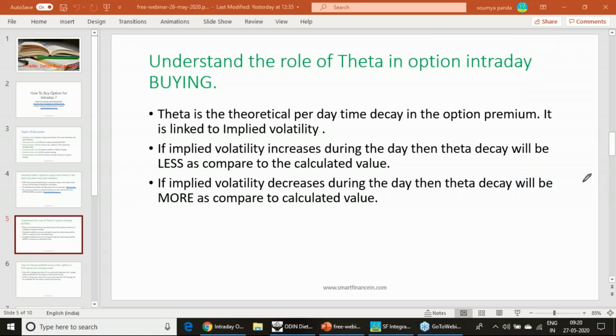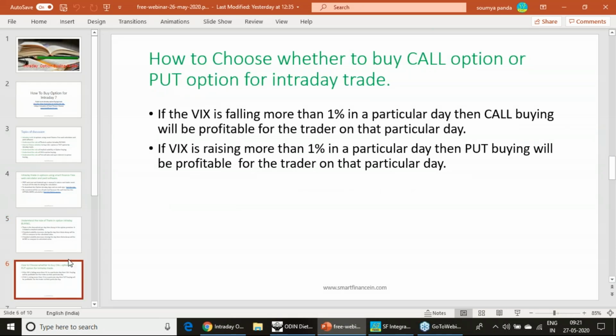However, if you are using our tool, the theta decay is already factored in; we have already taken it out from the premium. One thing is that any additional theta impact based on the implied volatility is not included in the tool, so that additional loss of 2 rupees can have an impact. So this is the meaning of theta for an option buyer. We are talking only about the option buyer.